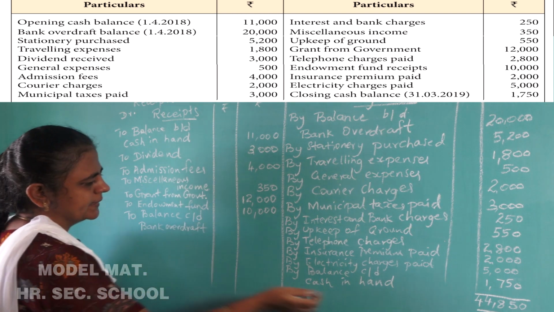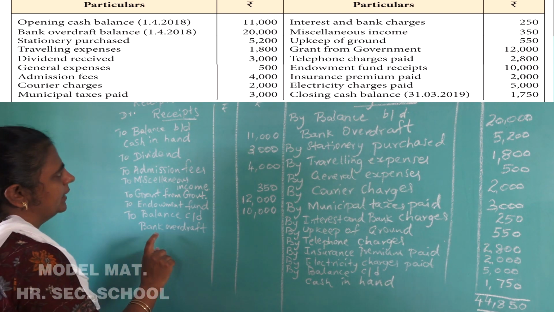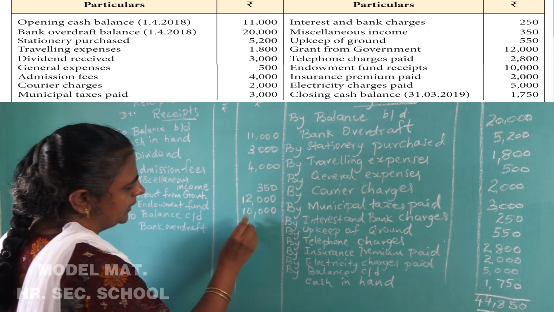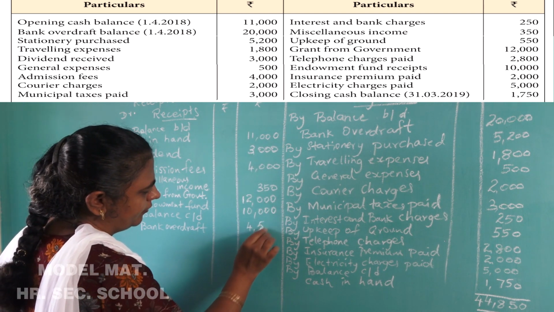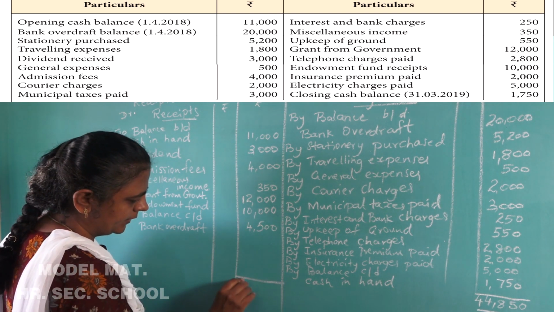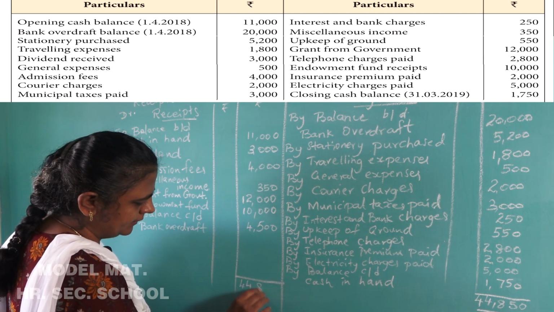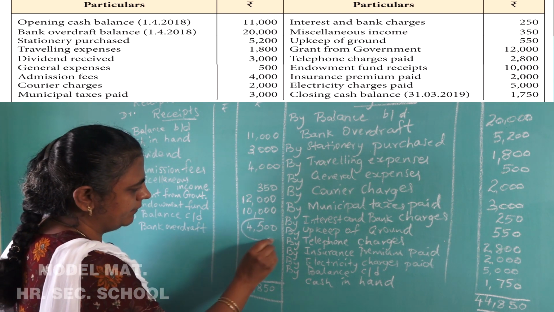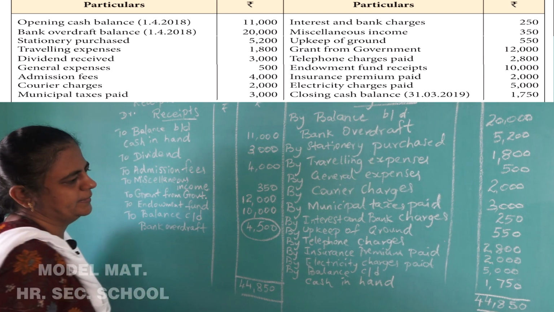Since payment side is greater, bank overdraft will appear on the debit side. Okay, so this minus this will give you 4,500. That is bank overdraft. Put the total